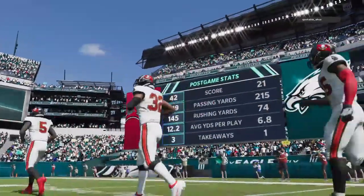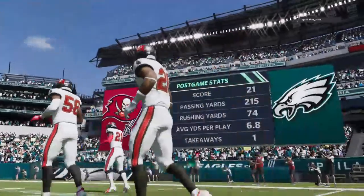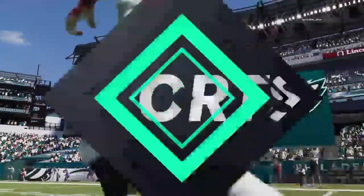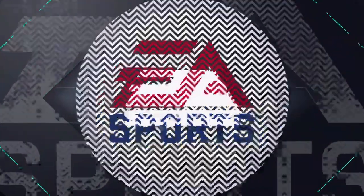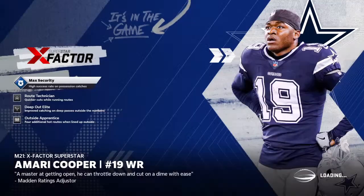So for Tampa Bay, they continue to put themselves in position for a first-round bye as they move to 8-2. And they'll return home next week to take on the Carolina Panthers. Meanwhile, for Philadelphia, it's a bit of a setback as they drop to 6-4 now. And they'll have a quick turnaround as they're back in action